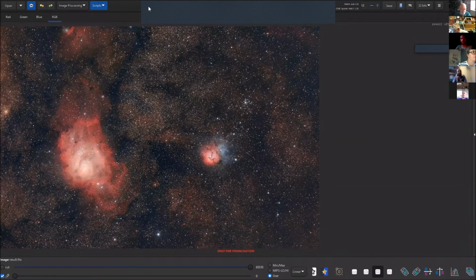It's in the list of things that we are about to develop, so it's not yet in this version. But I would say that the main way of removing the noise is stacking more images. If you have your session and you cannot do more, maybe you can tweak a little bit